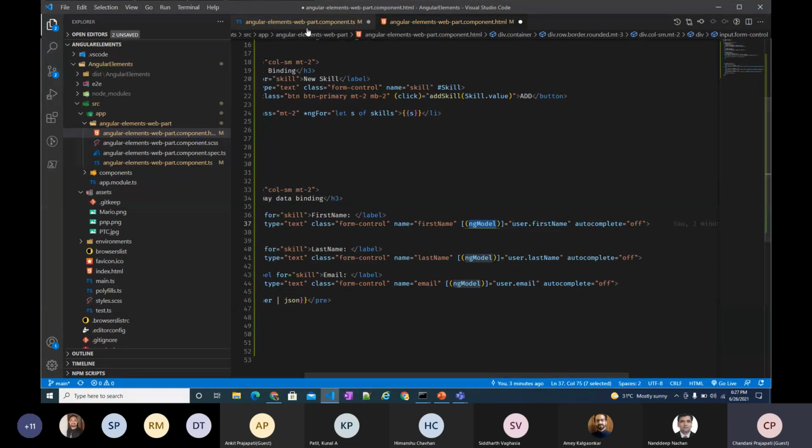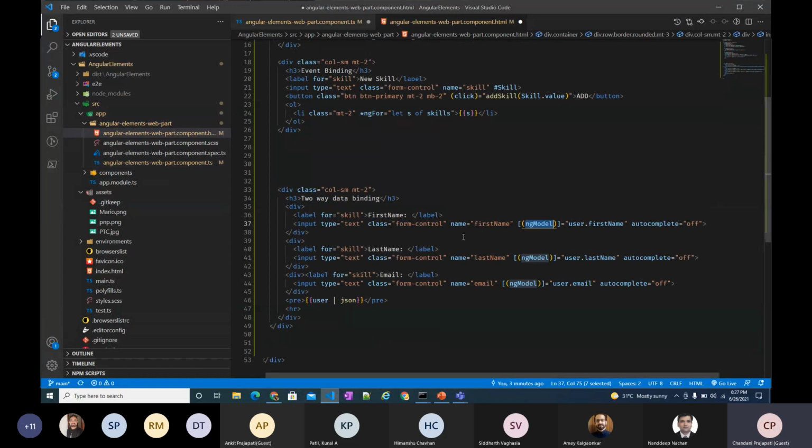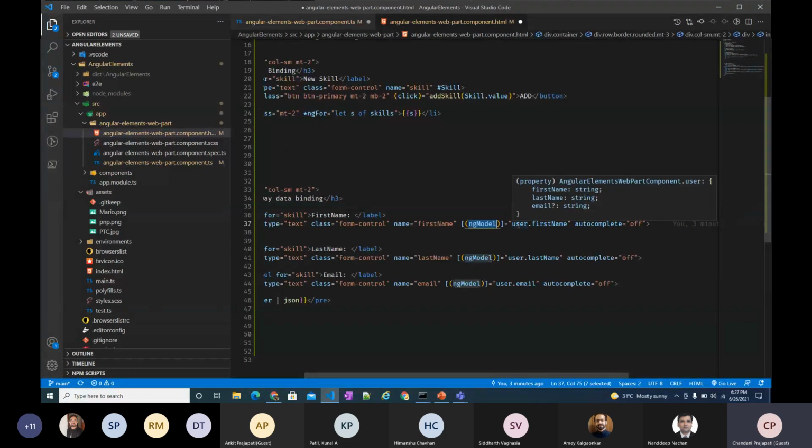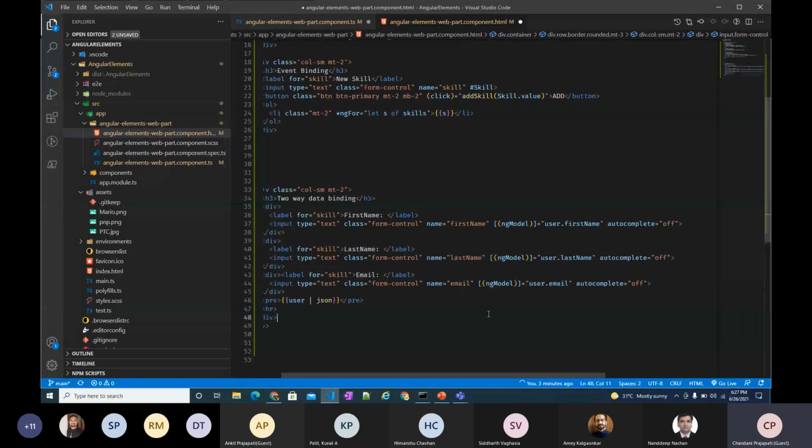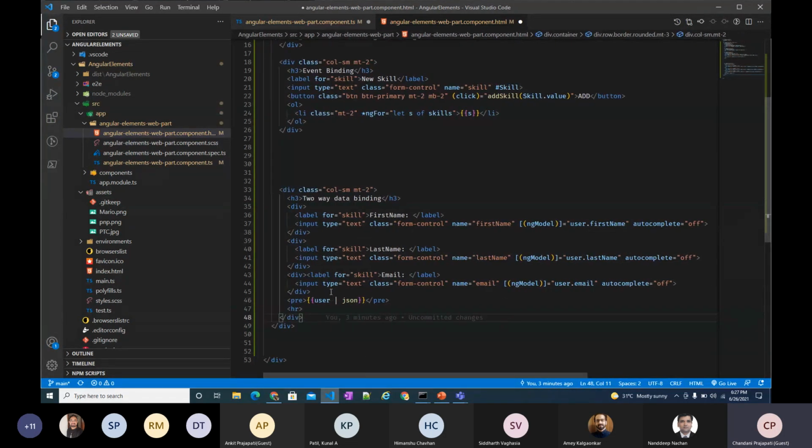And we have created this object here. Now I want to use the first name value, right? So how I can get it is like user.firstName, then for last name user.lastName, and for email user.email. Okay, now I want to show this in a JSON format. So we are using the HTML predefined pre tag, and there is the user object, and we want to show it in a JSON format. So this is Angular's JSON pipe. So that is how two-way data binding is working. So this is two-way data binding. These are all the data binding concepts of Angular.